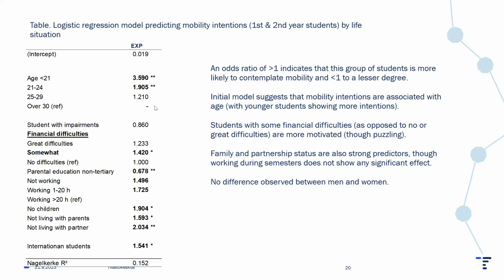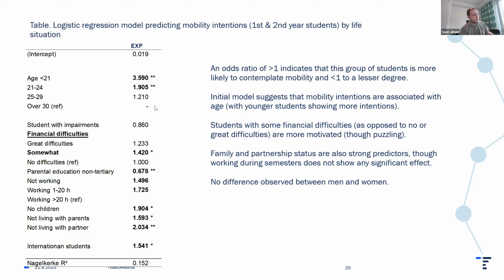And the model predicts that, first of all, mobility intentions are very strongly associated with students' age group. This is not surprising. Students in their early 20s are most likely to respond that they are contemplating mobility periods abroad. One of the reasons might be that, of course, the life situation drastically changes between the early 20s and late 20s, as people get jobs and family and take mortgages and so on. But the model also suggests that financial difficulties experienced during their studies